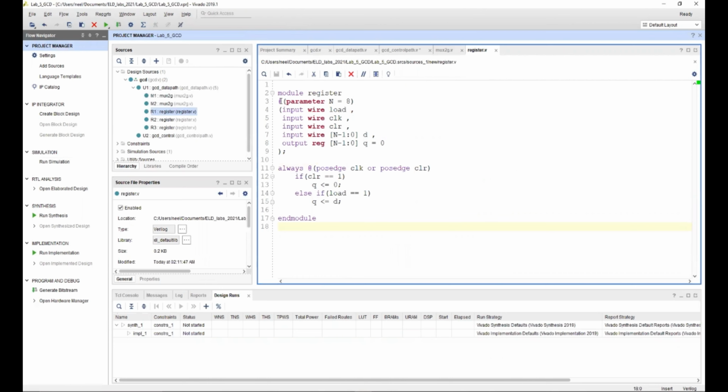One more thing that you'll be noticing is that we are given a parameter, as discussed in the divided clock when we made the counter, on how we can give the parameter. Similar to that lab, we have also given a parameter over here to determine the width of the data points that we are storing in the register and working on in the mux. So this is not constrained to a 1-bit mux or register. There's an n-bit register, and this is how to implement it.